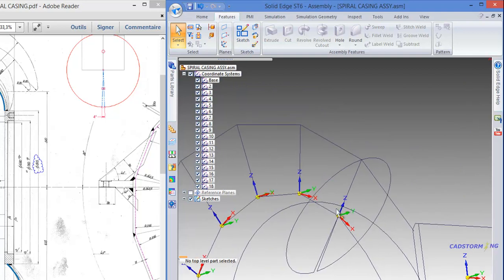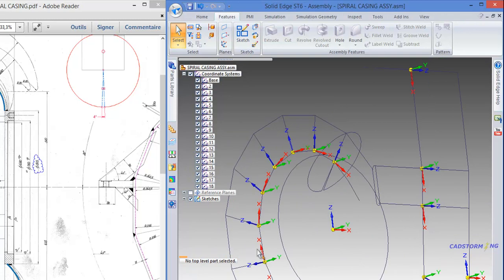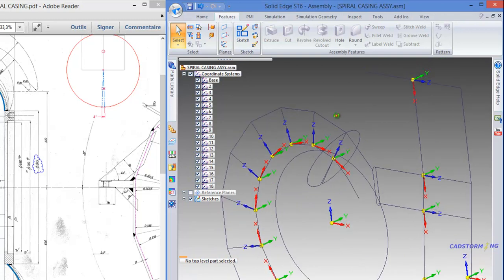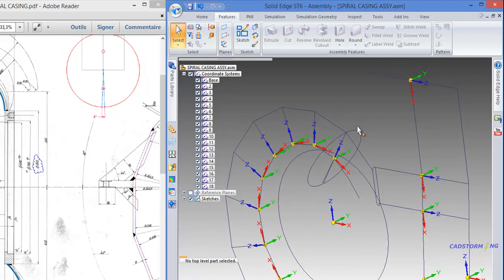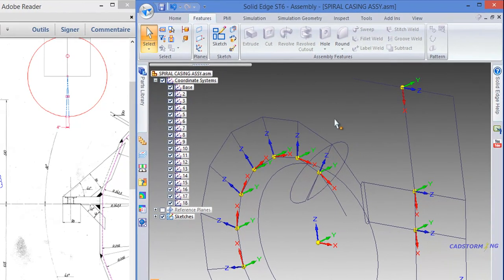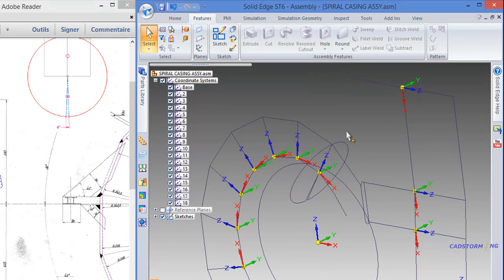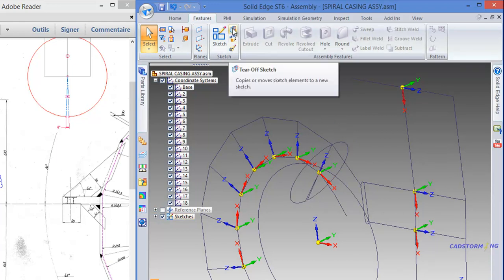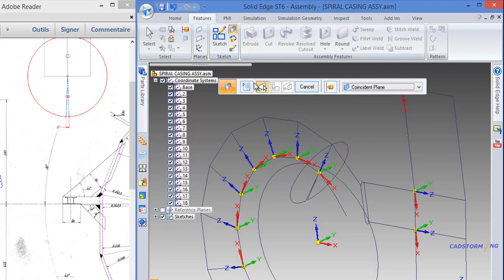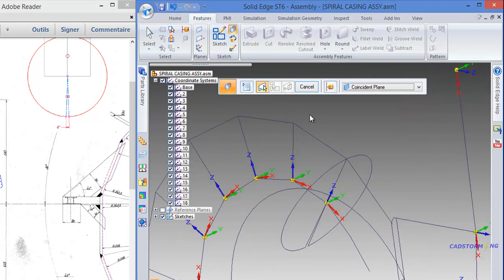The second thing is that we have this same geometry to create a lot of times, so we have to find a way for us not to do the same thing all over again, and a way to do that is to use this tear off sketch tool. What the tool does is basically duplicate the sketch. Okay, so we launch the tear off sketch tool, and the first thing to do is to select a